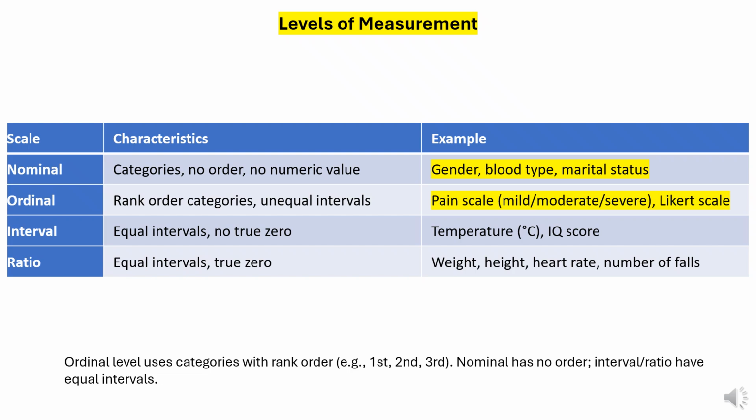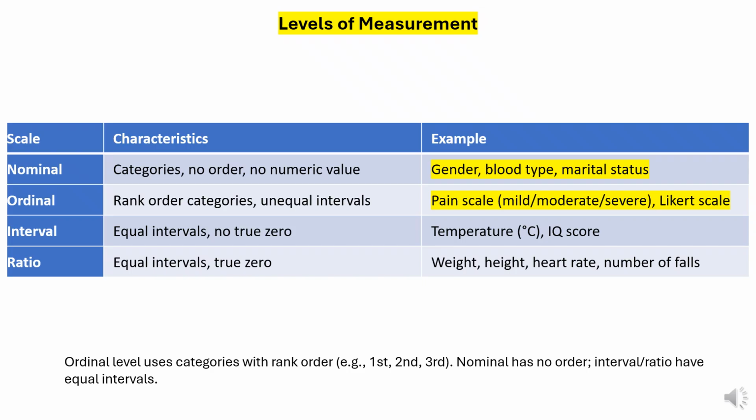temperature or no intelligence. Finally, the ratio level possesses both equal intervals and a meaningful true 0, enabling all arithmetic operations, including multiplication and division. Weight, height, heart rate, and number of falls are ratio variables. 0 truly means absence of the attribute, so we can say someone weighing 80 kilograms is twice as heavy as